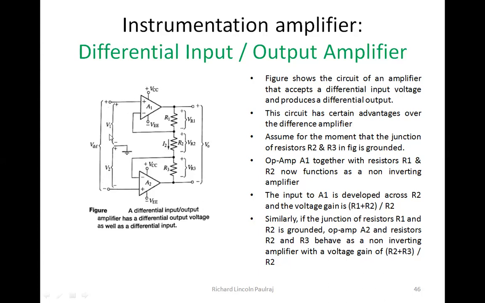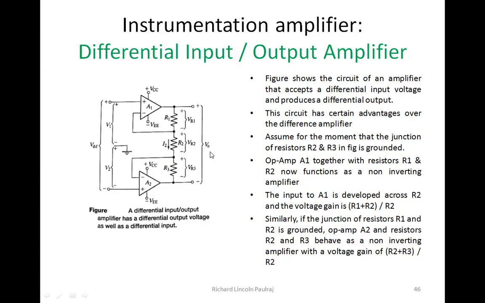And the voltage that I give to the first op-amp is called V1, and the voltage that I give to the second op-amp is called V2. Now this one is taken with reference to ground, right? And each op-amp has its plus VCC and minus VCC, okay? And the total output is actually here.